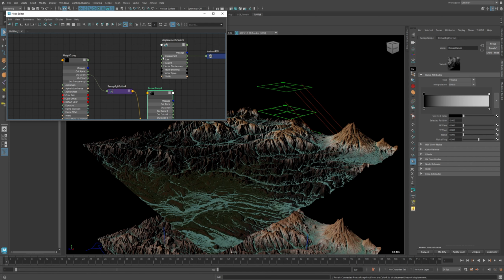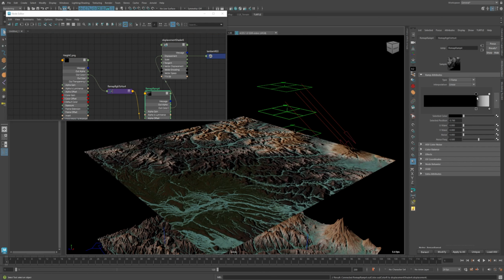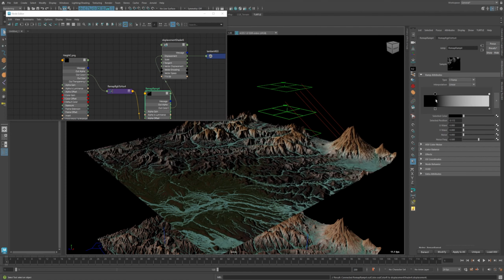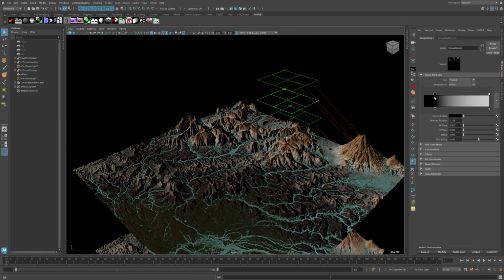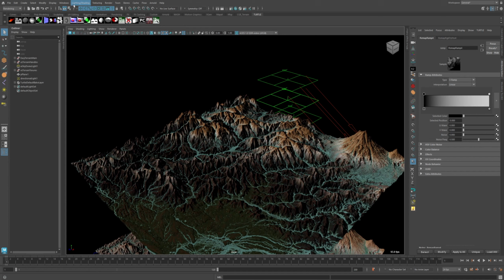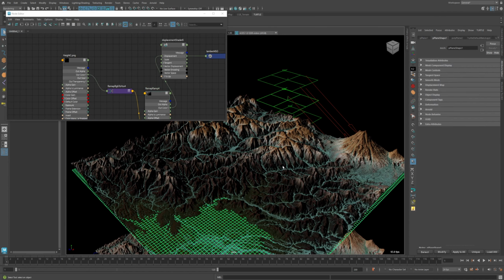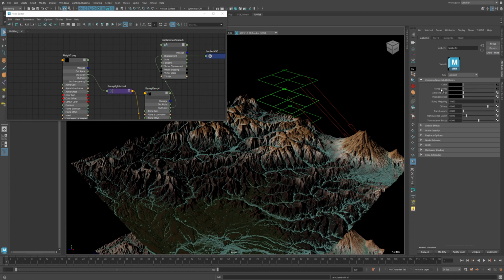I'm going to just connect the output R, and now we can just do something like this. Right, and let's connect it to transparency as well. I'm going to just connect this ramp into transparency,